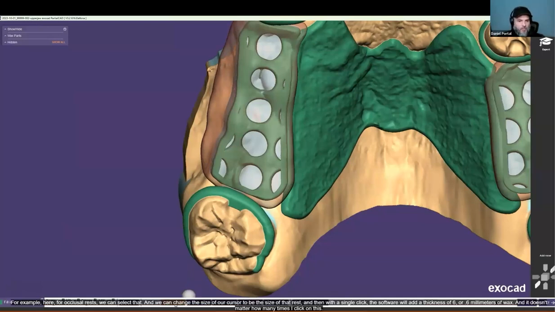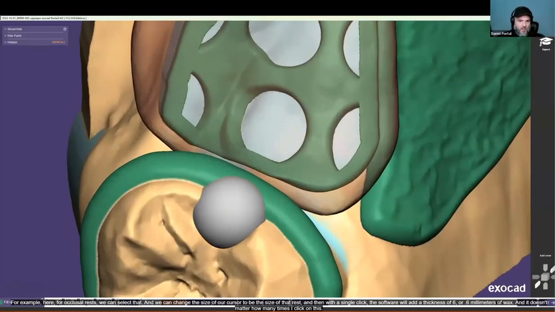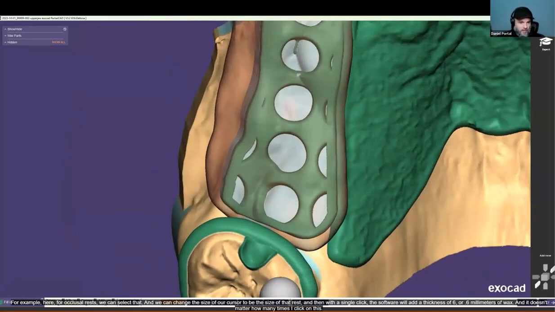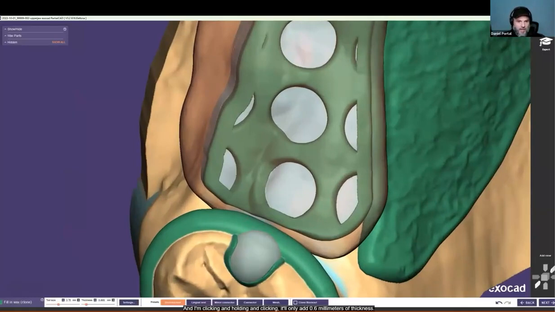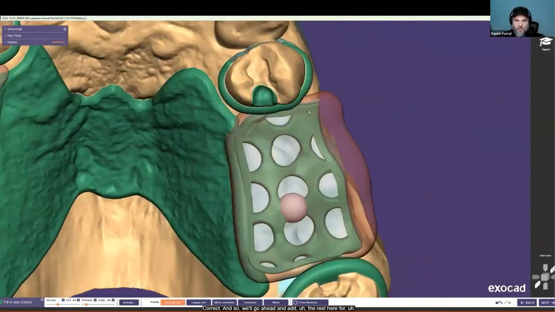So, for example, here for occlusal rests, we can select that, and we can change the size of our cursor to be the size of that rest. And then with a single click, the software will add a thickness of 0.6 millimeters of wax. And it doesn't matter how many times I click on this, and I'm clicking and holding and clicking, it'll only add 0.6 millimeters of thickness. And so we'll go ahead and add the rest here